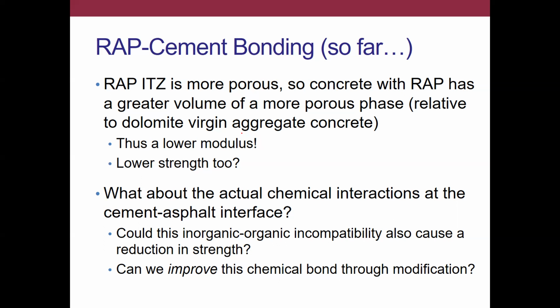So at this point in our research, after doing the ITZ study, we considered whether it is possible to change the chemical affinity between the RAP and the cement to improve any of our properties. That's what we looked at next. We wanted to see if we can do some sort of chemical treatment to our RAP to chemically alter the chemistry of the surface of the asphalt to change the chemical bond, and then to see if that would change the properties of the ITZ.